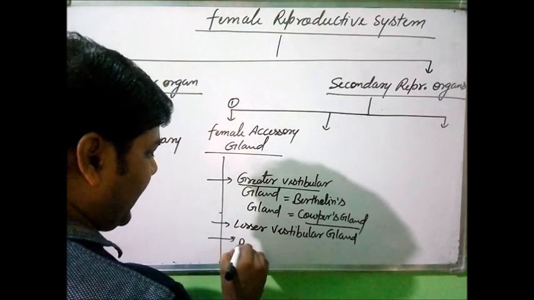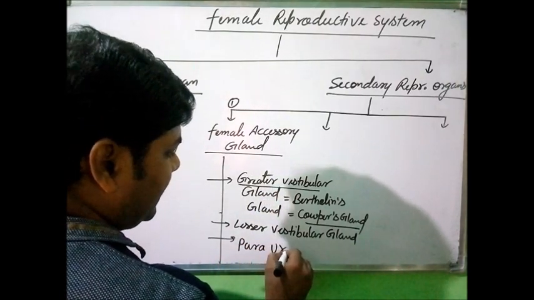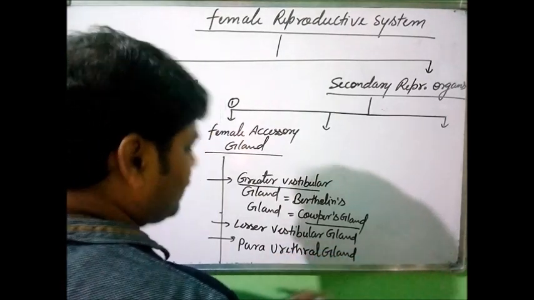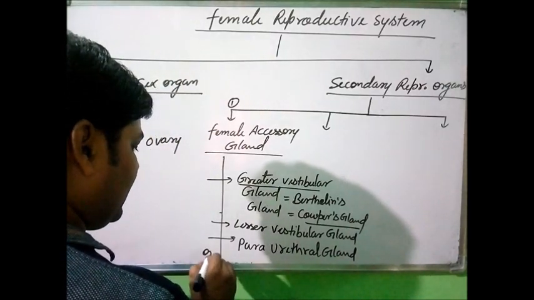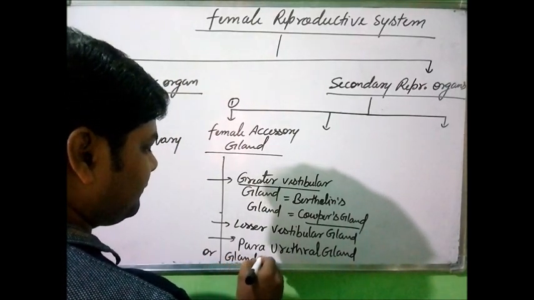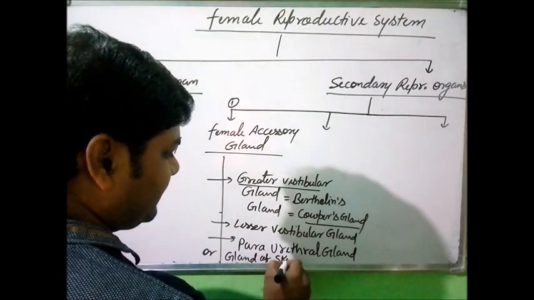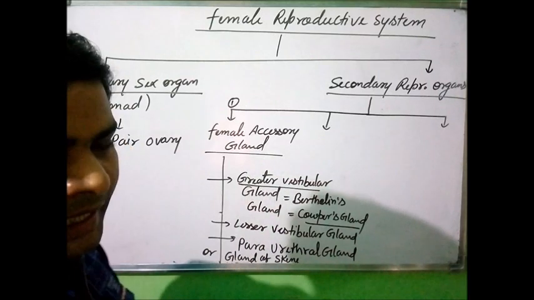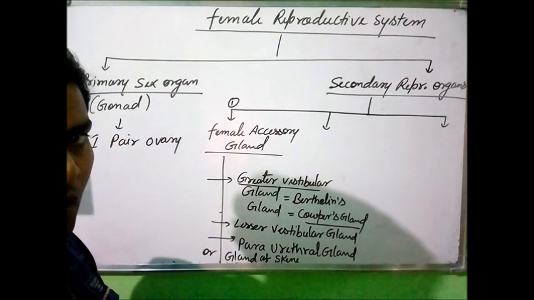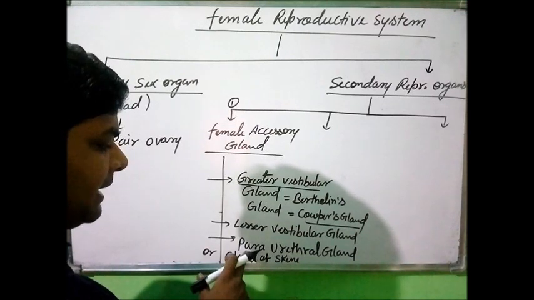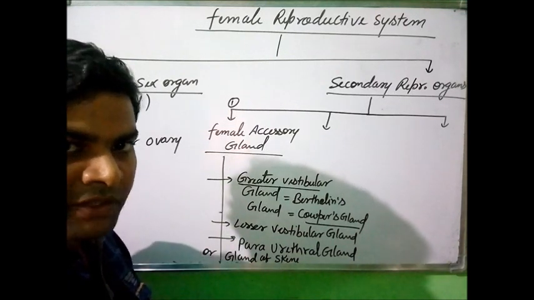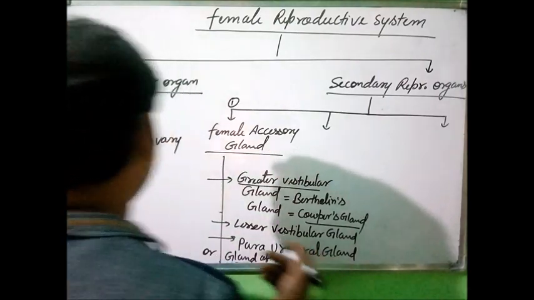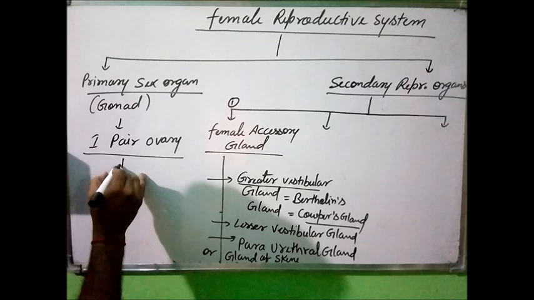And the last one is para-urethral gland. Para-urethral gland is also called as gland of Skene. And remember, the para-urethral gland is homologous to prostate gland of male. Okay, so this is quite common that para-urethral gland is homologous to prostate gland, which is found in males or men. Okay, now in the same way the ovary is homologous to